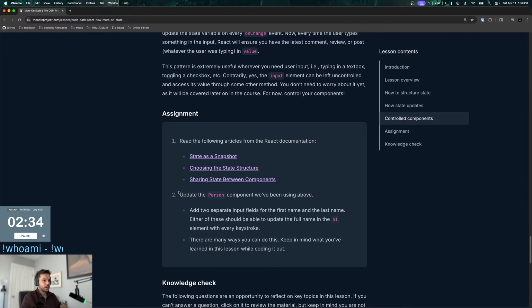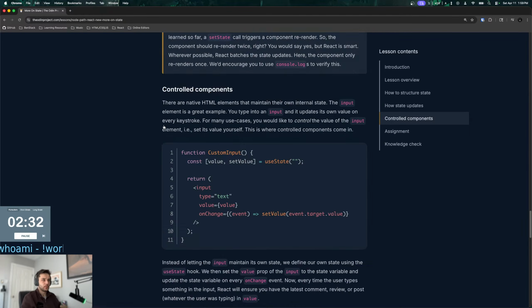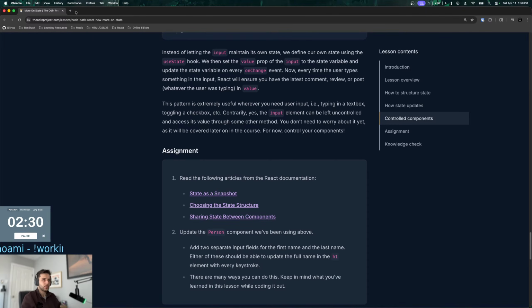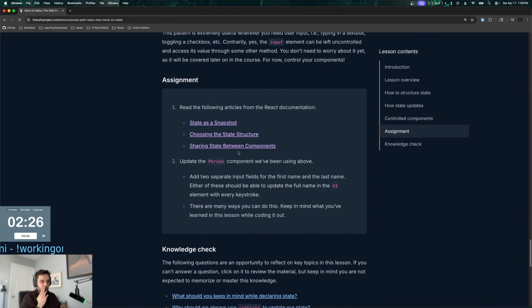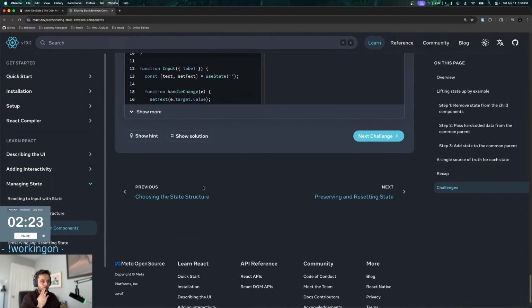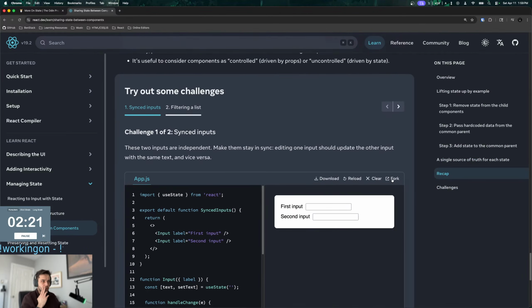So what do we got now? We need to update the person component we've been using above. So what I'm actually going to do for the person component is, I'm going to go back to that website here. What was this called again?